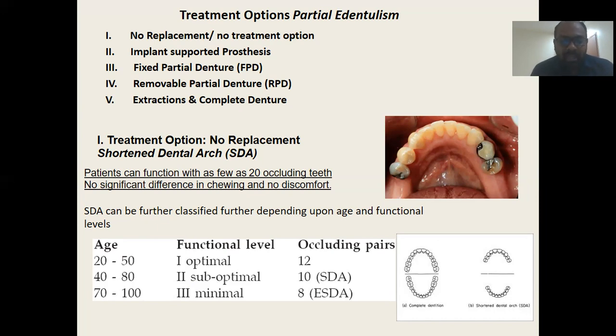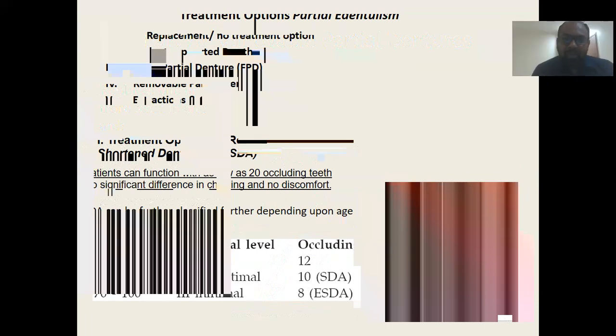This point is very important when we design a prosthesis, because a lot of biomechanics is involved. Being a dentist, we should preserve what is remaining. If you miscalculate, or if proper planning is not involved and you fabricate a prosthesis, the remaining tooth structure could be put in danger, and we could end up losing those teeth.